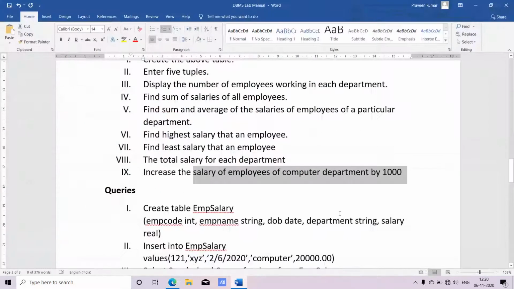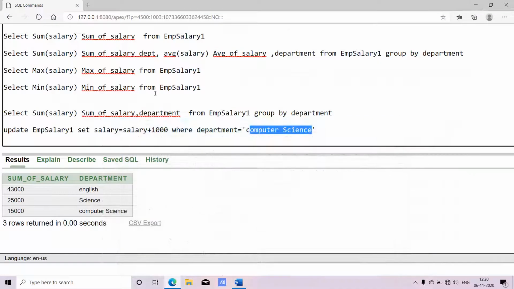If you observe here, they have mentioned the department as computer science, and amount should be 1,000, and I need to increase the salary. So for that we are updating the table called employee salary 1, and we're going to set one particular field, employee salary, to the new value, salary plus 1,000, where department should be what? Computer science.